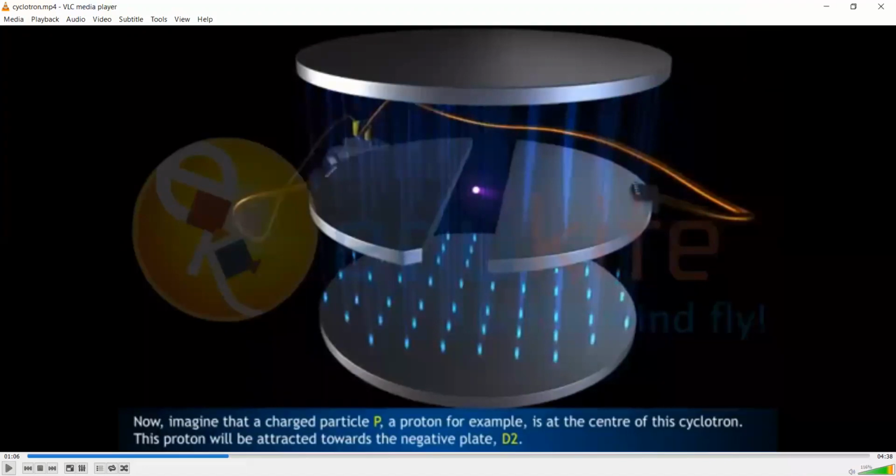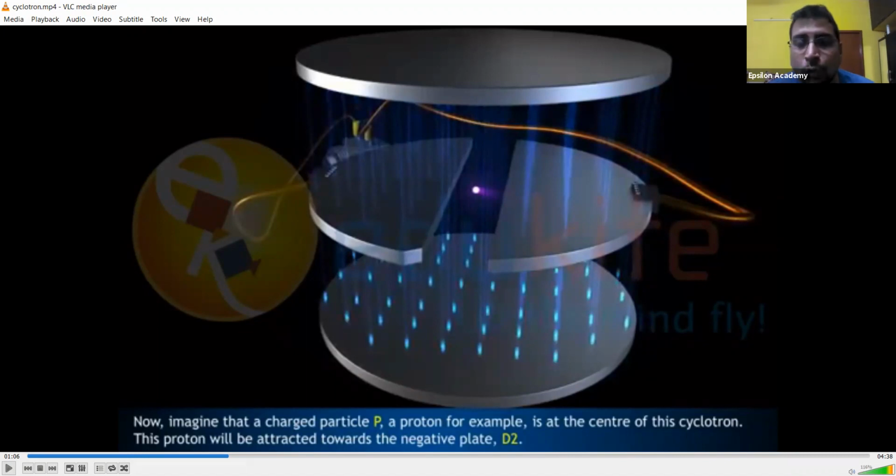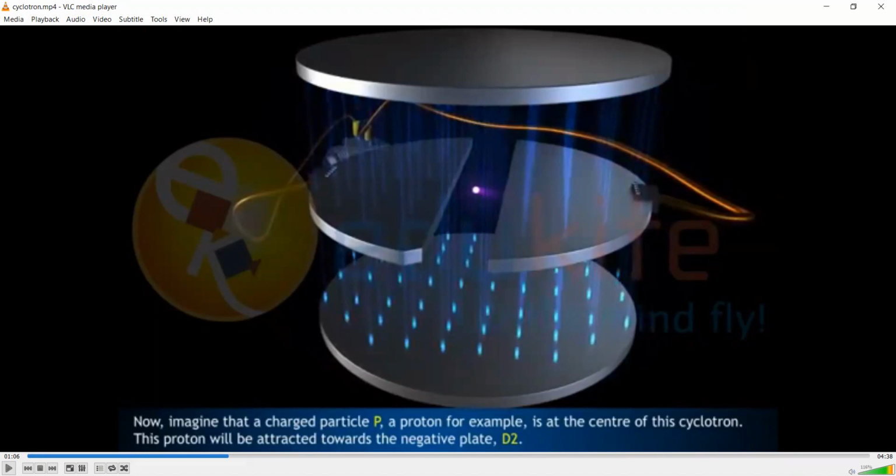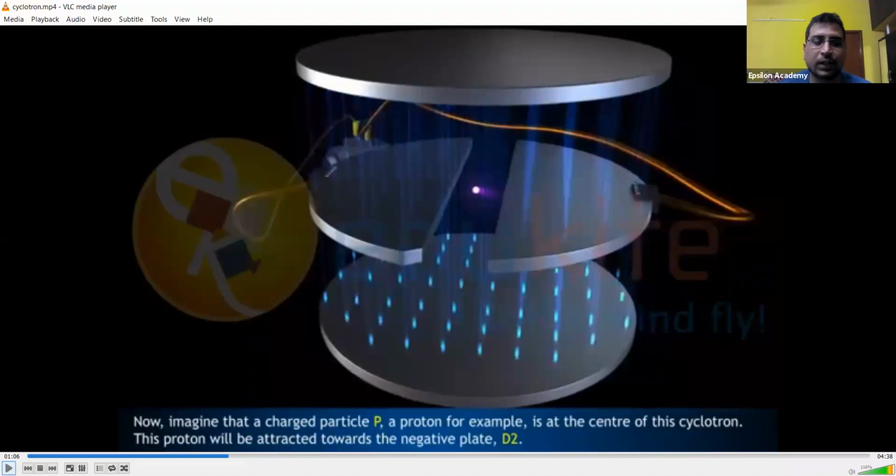So the charge won't move. It will be in the center middle part. Okay, charge will move in which direction? Sir, if it is positive, it will go to negative. If negative, it will go to the positive end. That's right. It will go in the direction of electric field if it is positive.